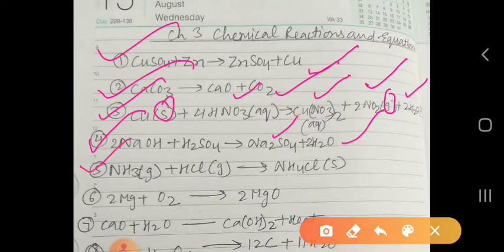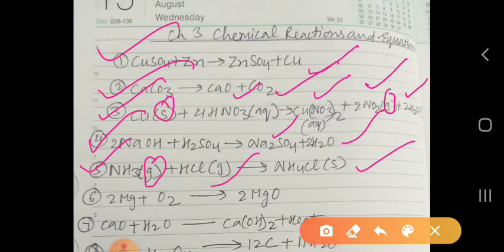Here NH3 is a gas, that is ammonia gas. It combines with HCl fumes and forms NH4Cl, and we can see white fumes. So this is the reaction between ammonia gas and hydrogen chloride. Ammonium chloride is formed. The ammonium chloride is first in the gaseous state, but immediately, due to the condensation process at room temperature, it transforms into the solid state.